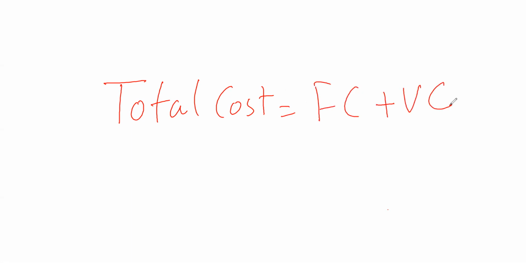An easy way of remembering the concept of total cost equals fixed cost plus variable cost, and now you can learn more than 4 formulas. Just dividing it by quantity gives you the average total cost. And what is average total cost? It is the cost per unit of output sold. Same way, fixed cost divided by quantity